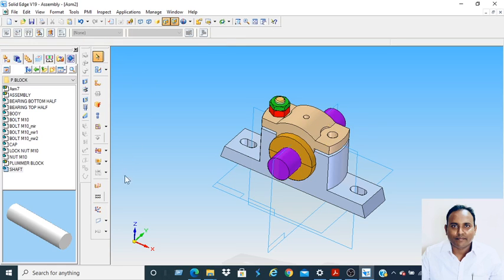Now use the mirror command, because no need to again align the bolt, nut and locking nut. Directly we can use the mirror.